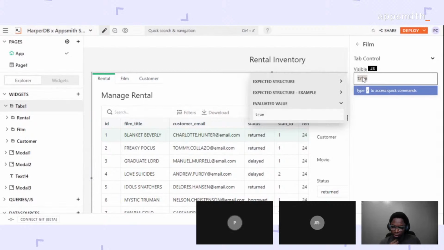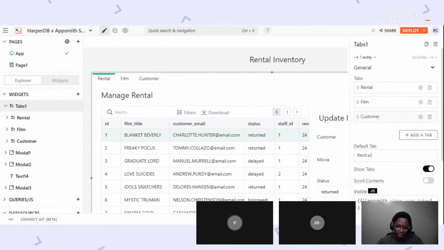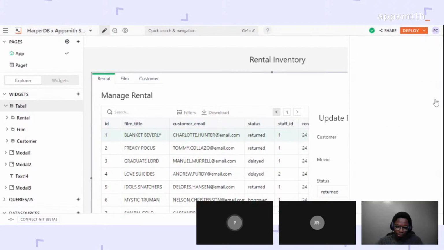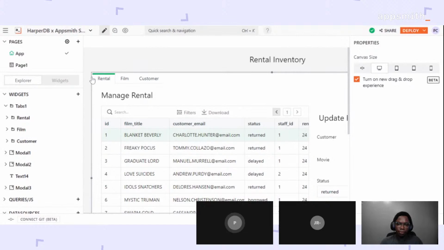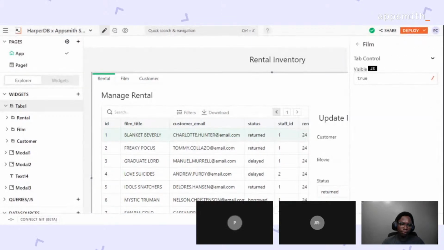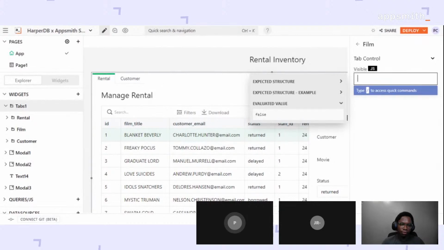So this one, from the tab options, we will click on the settings knob here, and then we can also manage the visibility of these two tabs based on what is there. Since I already know that both users will at least have access to rental, the manager and assistant will always see rental. Only the assistant doesn't have access to film and customer, so we just need to add security on top of those two. So I'm going to click on the tab, go to film,